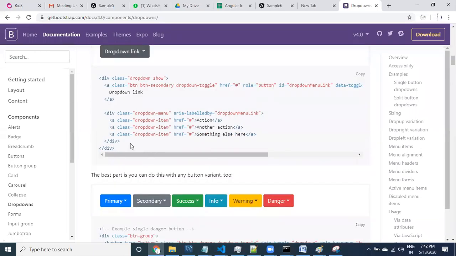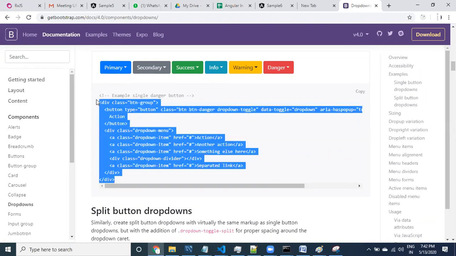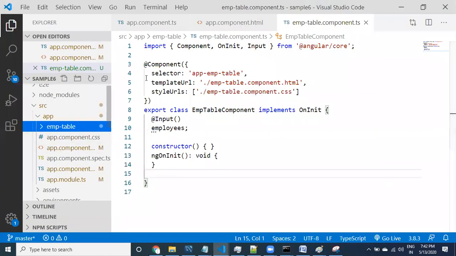So I'm going to use this kind of drop down related stuff. Any one of the drop downs, see here guys, yeah, maybe I would like to use it. One drop down should contain a list of employees. So let me take this drop down first to check how it is going to display.